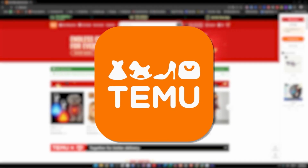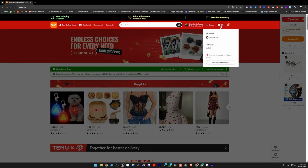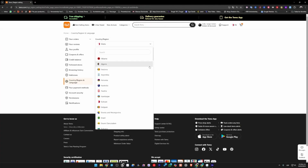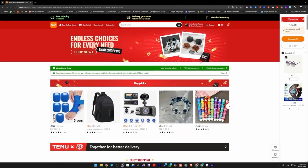How to buy on Temu from Malta. The first and most important thing is to go to the top right where the flag is. Do you click on change country or region? And here you choose Malta from the list of countries. Then we go back to the homepage and I will show you step by step how to buy and what